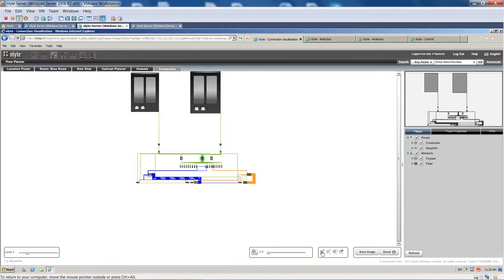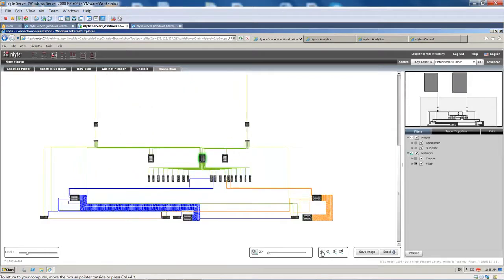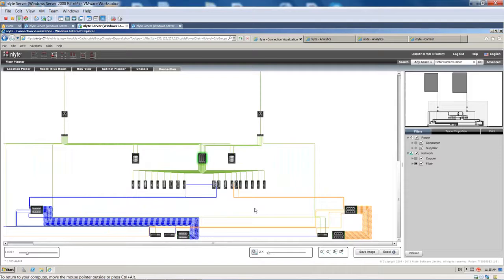So now I see fiber connections in blue, copper connections in orange, and I have a level of detail that tells me for a module inside of my blade enclosure, a port on that module is connected to a patch panel. Behind that is structured cabling. Patch panels